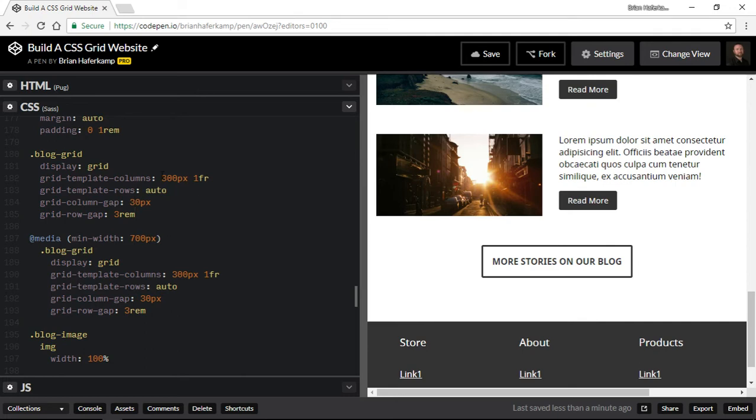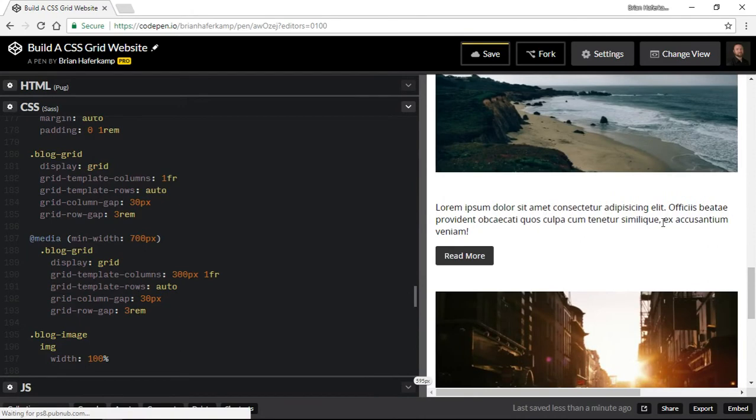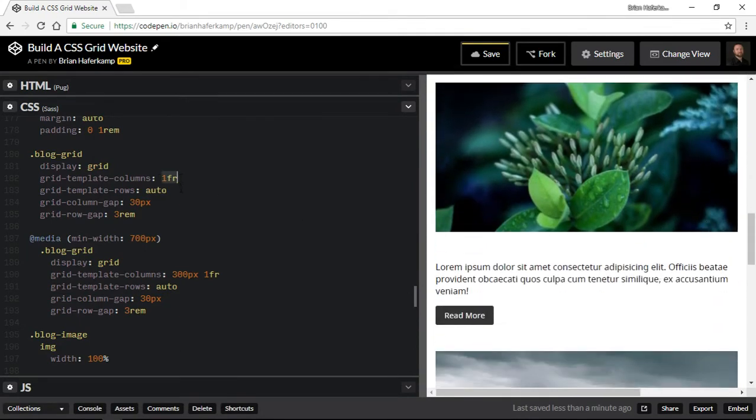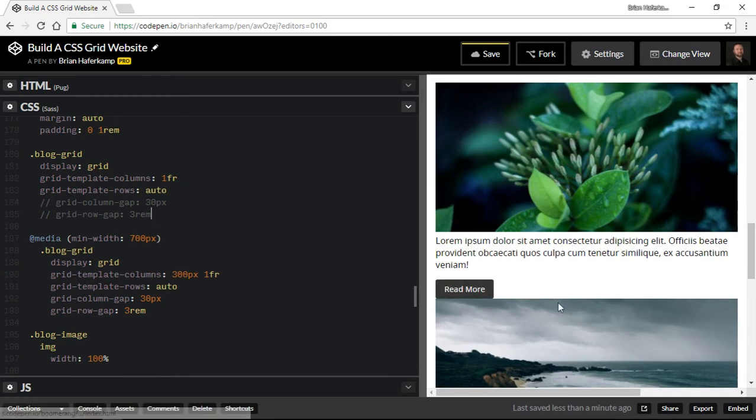So first thing we can do is we could just take this away and then do a one column layout, and you'll see it change. But you see how that changed to a one column layout, right? So essentially what we have is a one column grid, and then all of the rows are just being automatically laid out. There's a grid gap. I don't know if we need that necessarily. Definitely don't need the column gap, right? Because there's no columns, there's only one. And you could do the grid row gap. So that's this gap here. You definitely want